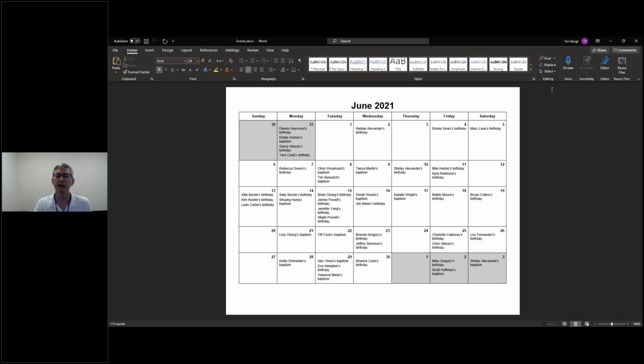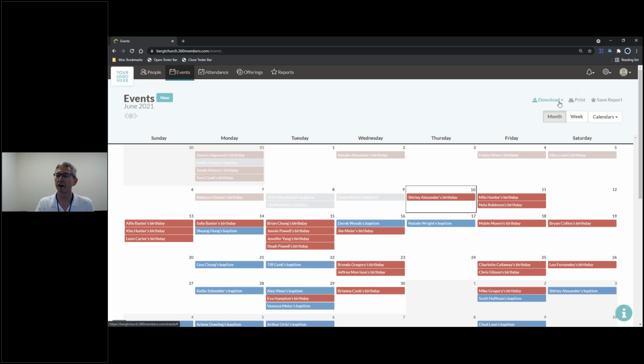I'll maximize it here. So that's presented to you in a little bit more of a familiar calendar appearance, where the days from the prior month are shaded at the top and the days from the future month are shaded at the bottom. And I think this is just a little bit more of a presentable option and formatted accordingly. So keep in mind that that is available as well. Then here under download in your events view,